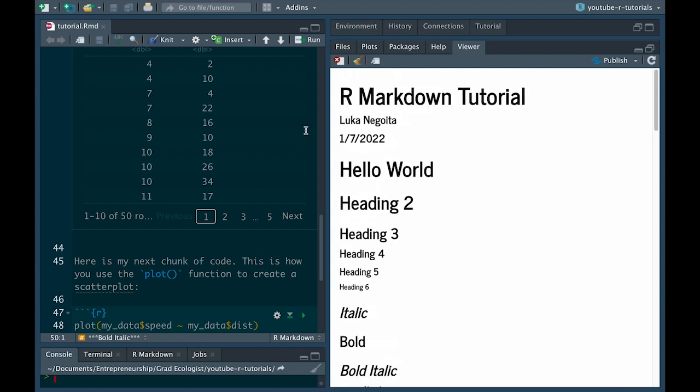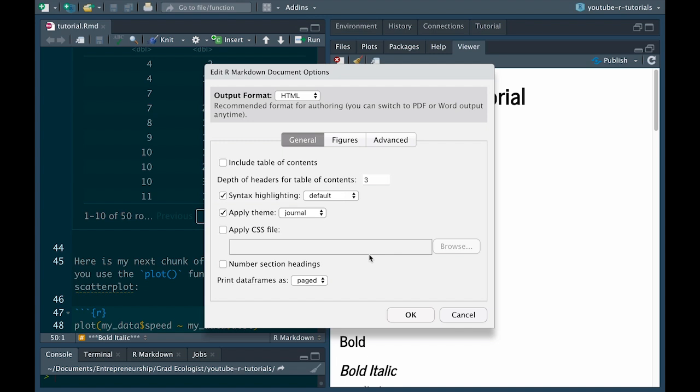And there's fancy ways to also change, if you're into HTML and CSS, there's really fancy ways in which you can change a whole lot more about the document by applying a custom CSS file here. Again, not something I'm going to talk about, just mentioning it in case you happen to be really geeky like me and like that kind of stuff and know what a CSS file is. So again, you can apply different themes. You can also change the syntax highlighting. So you can change the colors that are used.